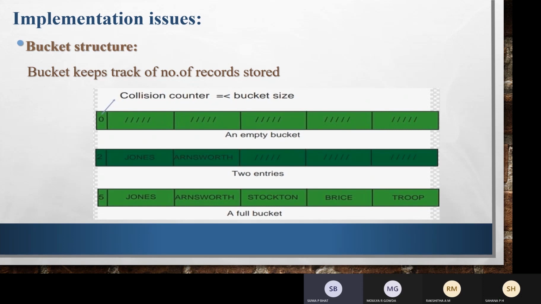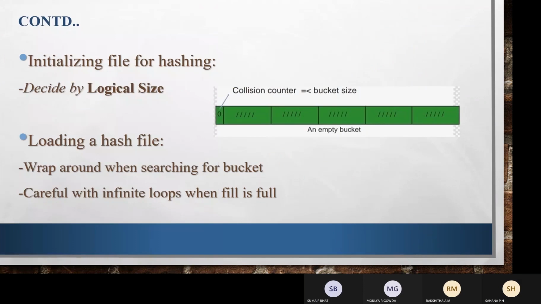Next is initializing a file for hashing. It is decided by logical size and number of buckets per address. To initialize, we create empty buckets before storing the records.